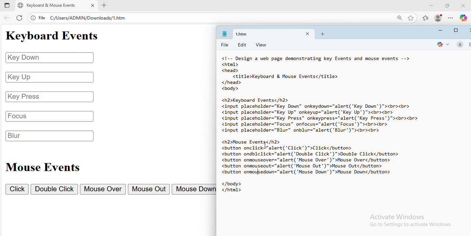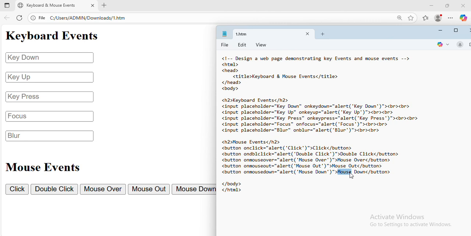And for every event I have displayed an alert pop-up box with a respective message. And in between the button tag I have specified the content the button should show on top of it: click, double click, mouse over, mouse out, mouse down. That is the content I want to display on the button caption.